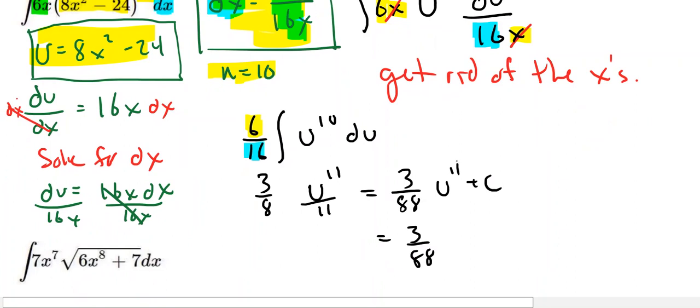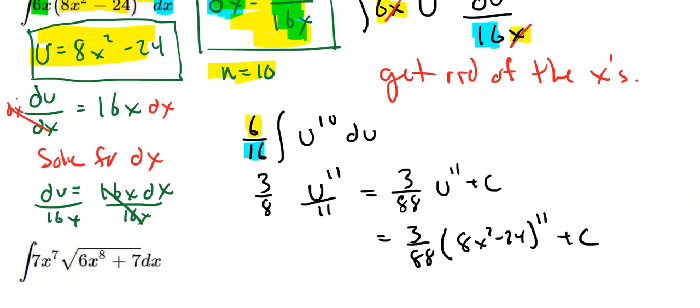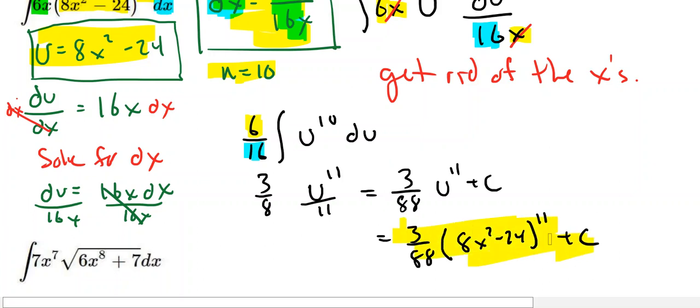U was 8x squared minus 24. So let's substitute back in what u is equal to: 3 over 88 times (8x squared minus 24) to the 11th power plus c. And there is my answer. We have now found the antiderivative